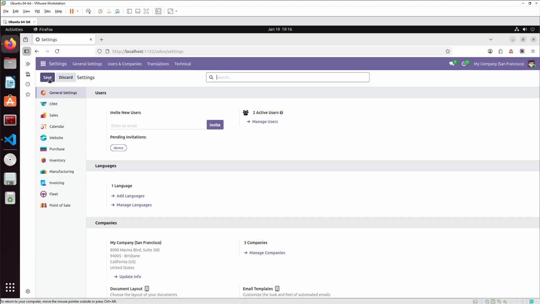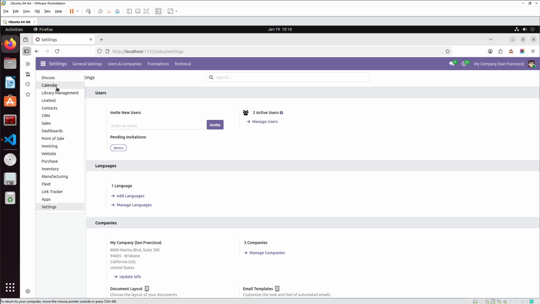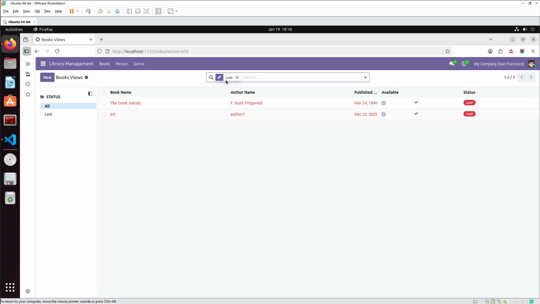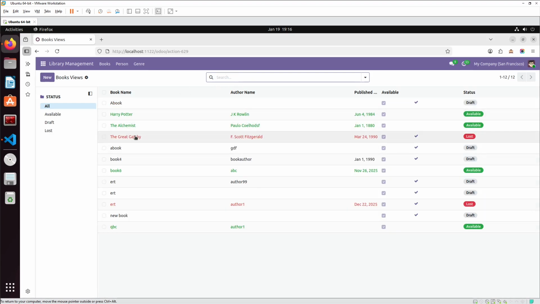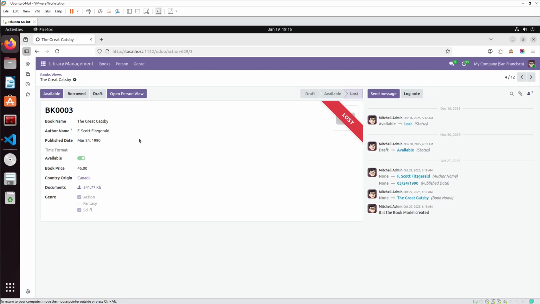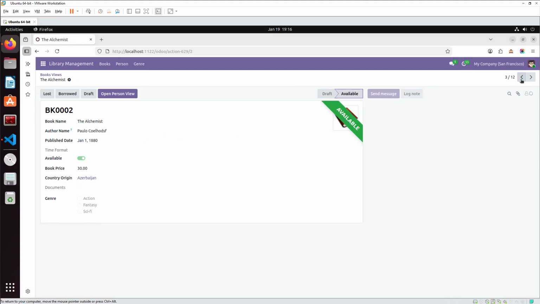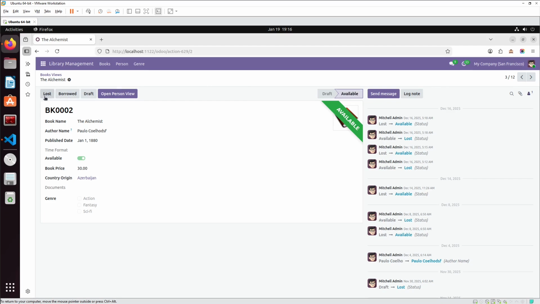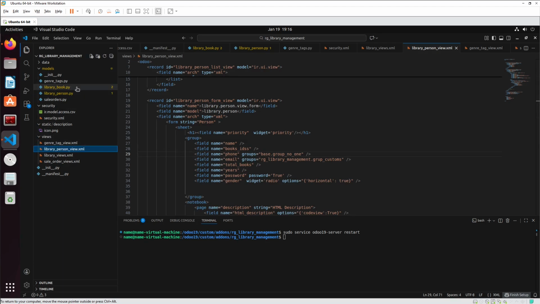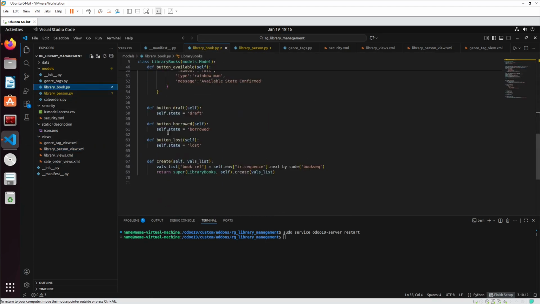Let's see. First, let's go to the library management module. Here, as you can see, I have all the records as books. Now, when a person clicks on the lost button, I will add an automatic reload instead of a manual reload of the page. In order to do that, all we need to do is go to the code, go to the library book model, and in the model here, as you can see, it is our button. Here at the last, you can simply add return,